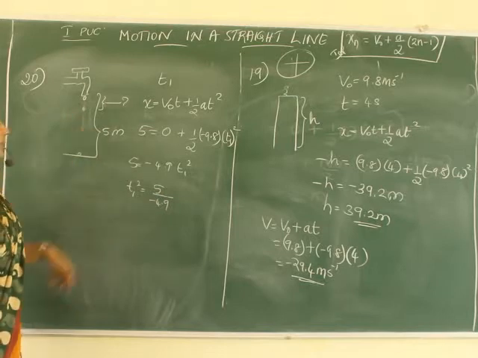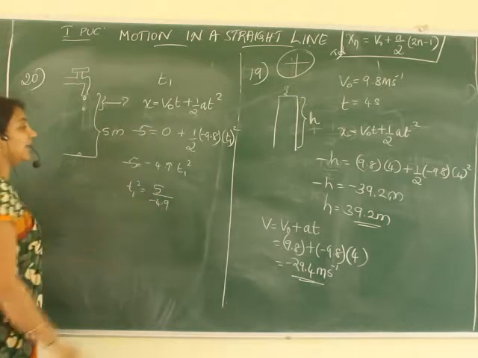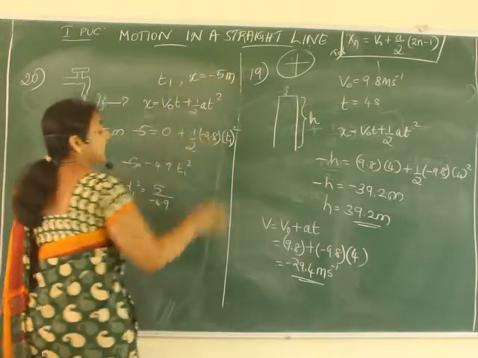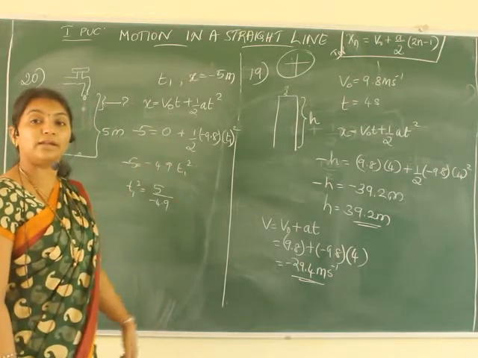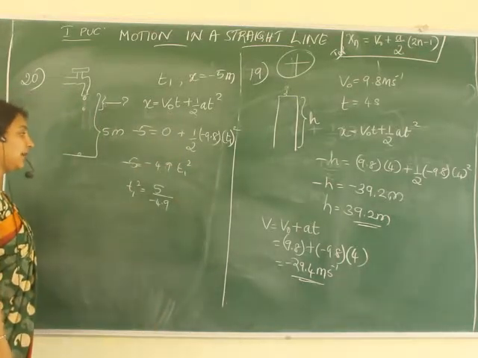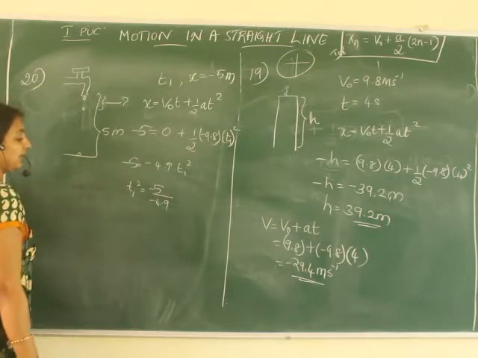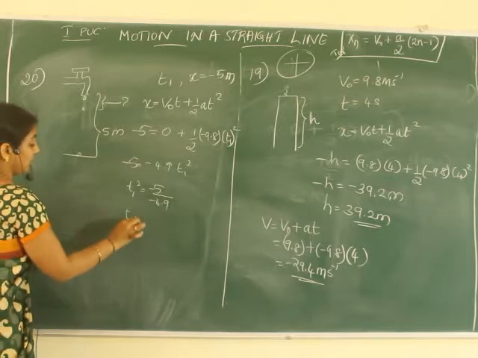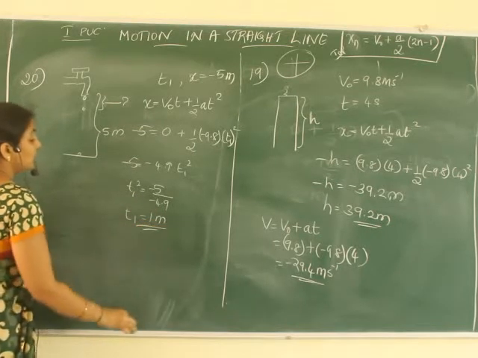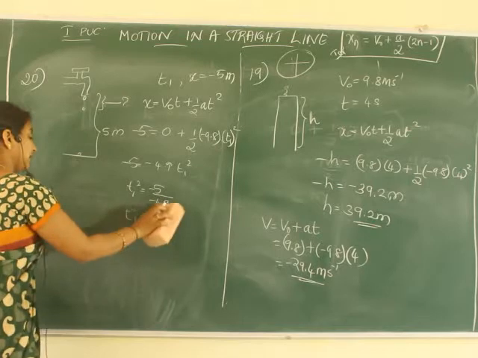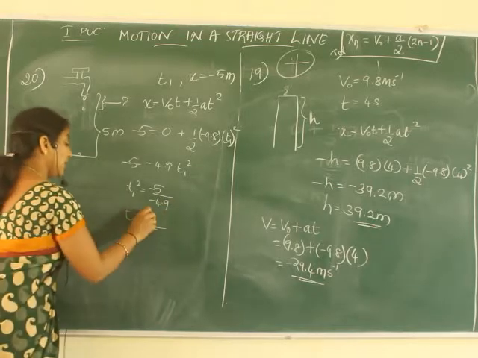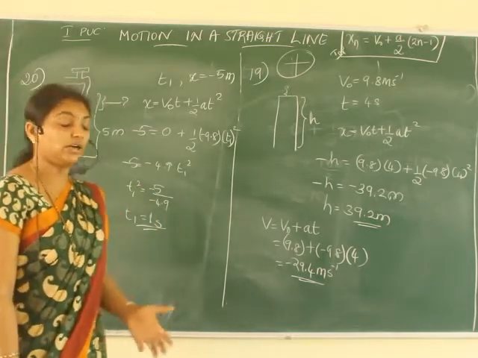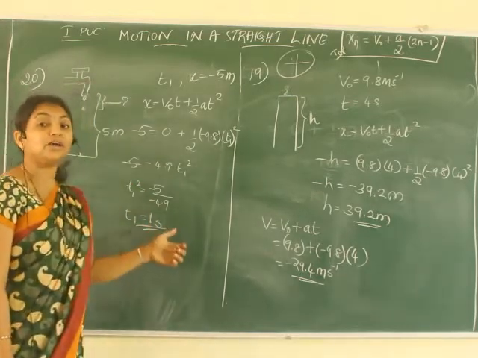See here, it is coming down, so the height is minus 5. So I can write x is equal to minus 5 meter. Why is it negative? Because we are calculating from top to bottom, so the minus will get cancelled. See, it is approximately equal to 5. So T1 is approximately equal to 1 second. I'm sorry, time should be calculated in seconds, not in meter. So the time taken by the first drop to reach the ground is 1 second.